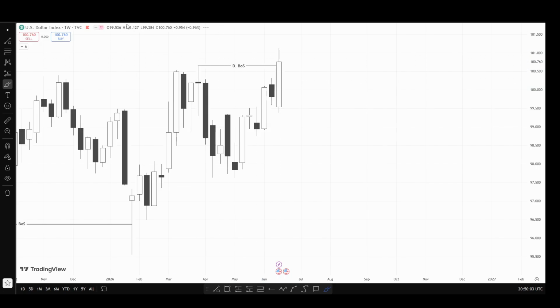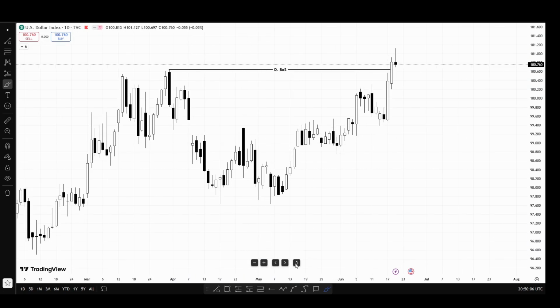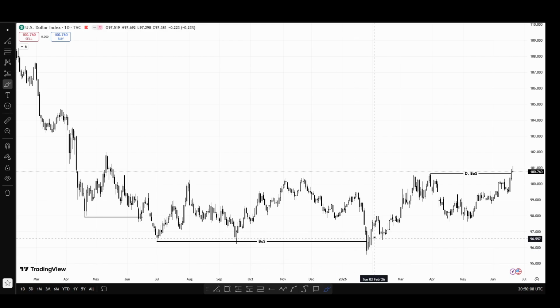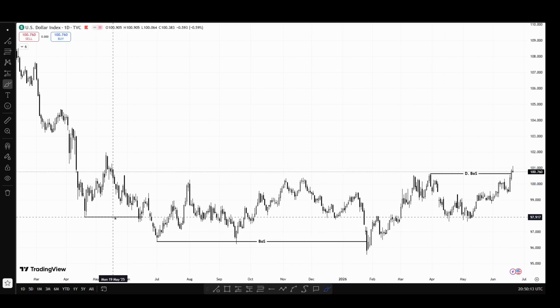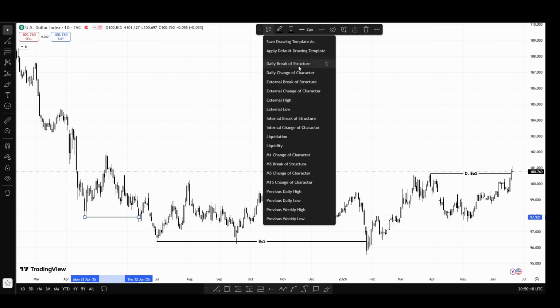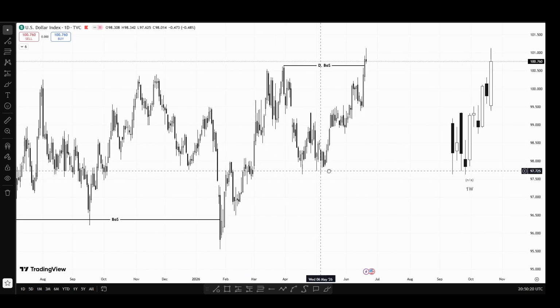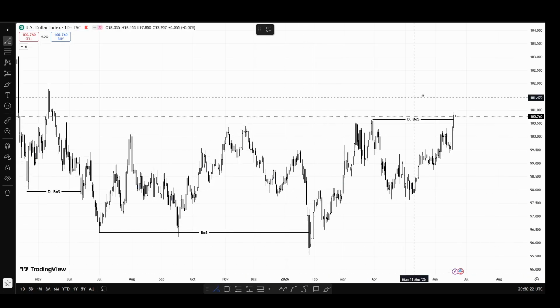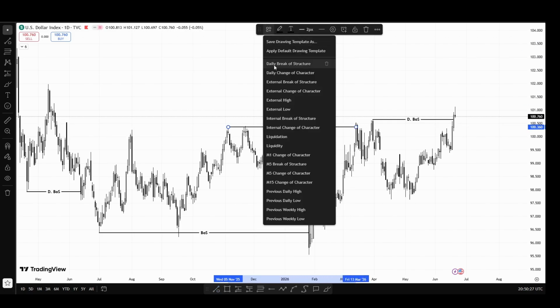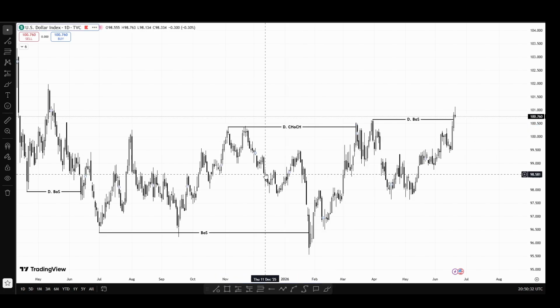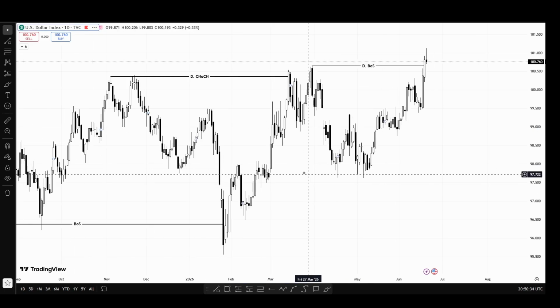All right. So on the daily time frame, you have this break of structure to the downside here. Okay. And then the break of structure to the upside. Okay. So we got this also a break of structure to the downside. So the recent break of structure, okay, we had this as our change of character to the upside. Okay. So after that change of character to the upside, you can see